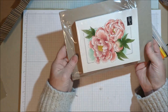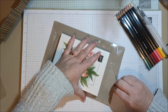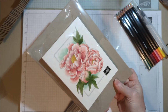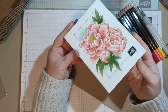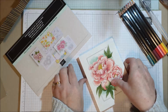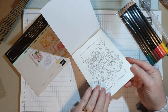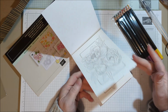And then here is the kit. Look at that. Okay, very excited. So let's see. All right, so we've got what is essentially a coloring book, and it's a nice pad, heavy, really nice. This is just your instruction sheet. And you've got a coloring book that is heavy-duty paper so that you can use watering techniques. Now you can do them with the colored pencils and not add water, or you can add water, and